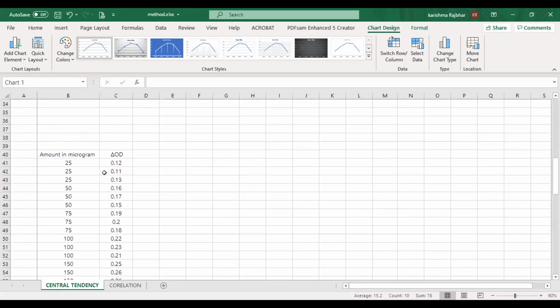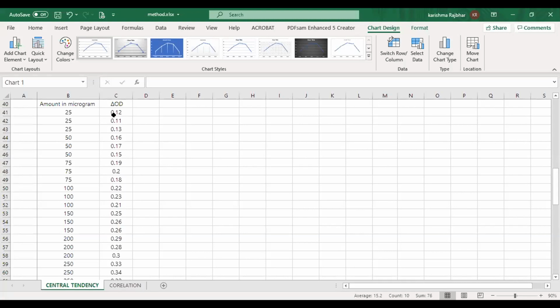This is another set of data. Now see here, this is the amount of, like, imagine it is an X compound. We show a delta OD of this. Okay. Now just look at this OD: 0.12, 0.11, 0.13. Are they very similar or are they different from each other? Students, just look, tell me.